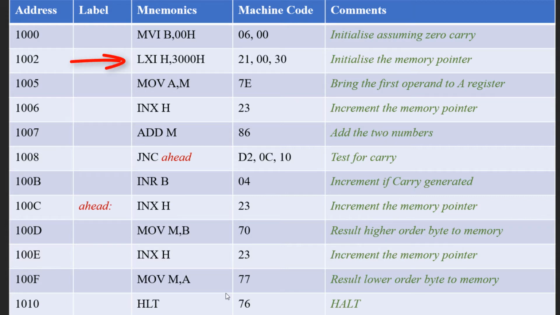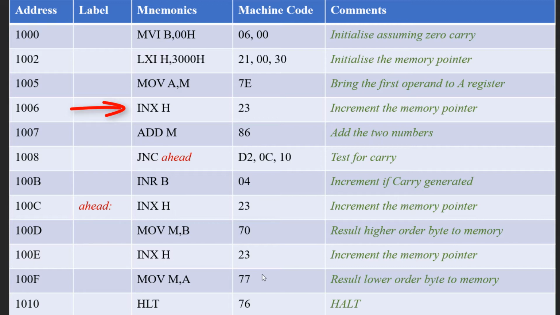The next instruction is LXI H, 3000. It is the pointer which is initialized to the data memory. The third instruction, MOV A, M, brings the data from memory to A register.